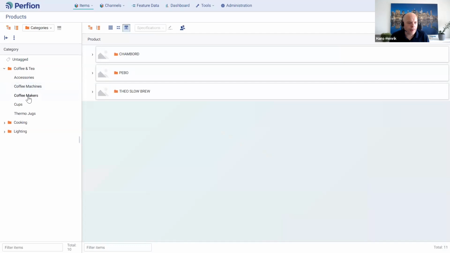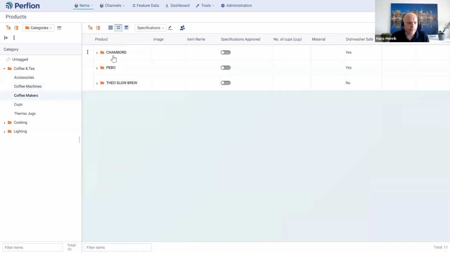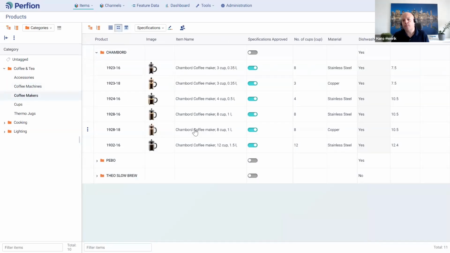When I work with my products, here, let me come back to the right view. When I work with my products and I do all the approvals and the validations, when the products are ready to go on the web, I need to publish them. And this can be done automatically through triggering. So when everything is approved, it will automatically be published. And I can also do the publishing manually.